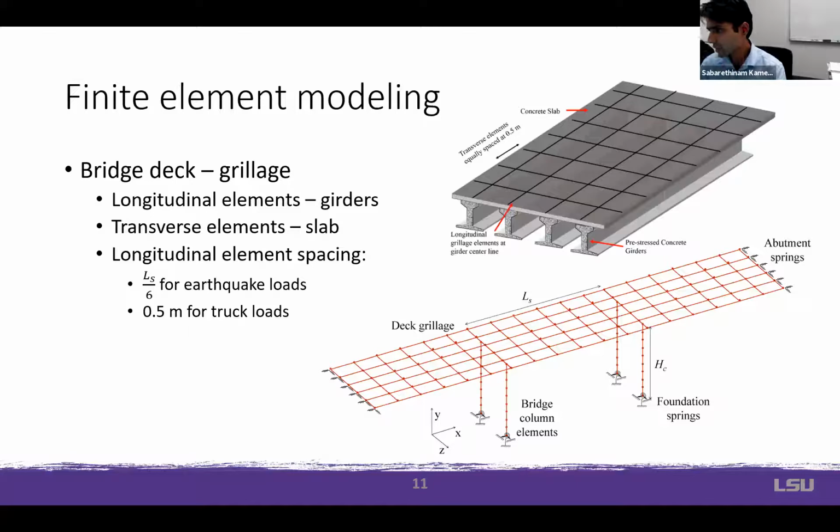And when it comes to the bridge deck, we also have a much more complicated model here, where we model the bridge deck using a grillage. So the idea behind using a grillage here is that we are also looking at the service load reliability of the bridge, where we have trucks passing on the bridge, or in this case, we just keep the truck static and find out what the moments and the shear demands on the girders are and how they change with time as their capacity reduces due to deterioration. And finally, this is a schematic diagram of the entire bridge, which shows the columns, the foundation springs, the abutment springs, and the deck grillage as a whole.